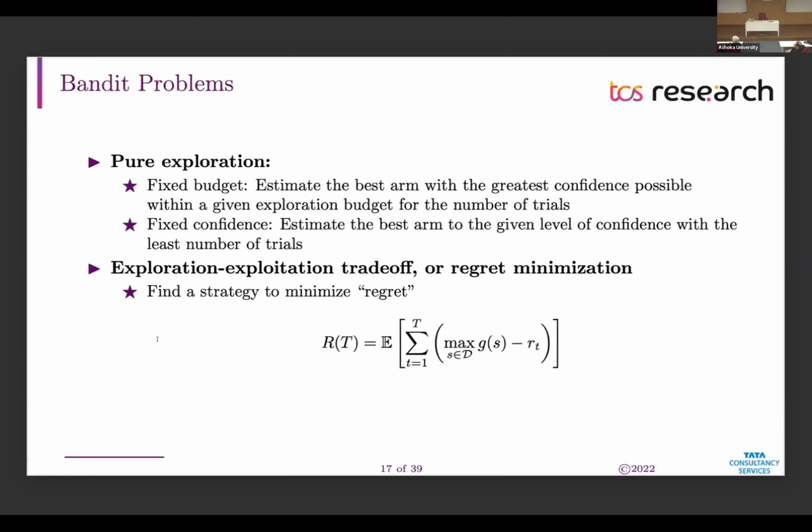And in this case, at the end of the survey, you have to come back and say, I think this is the best arm. I think this is the best decision. This is the best price, right? Now, it's not enough if you say that, you should also come back with a confidence level. I'm 80% certain that this is the best arm. Then an algorithm which gives you a higher level of confidence for the same level of budget is a better algorithm. The other setting is called the fixed confidence setting, where